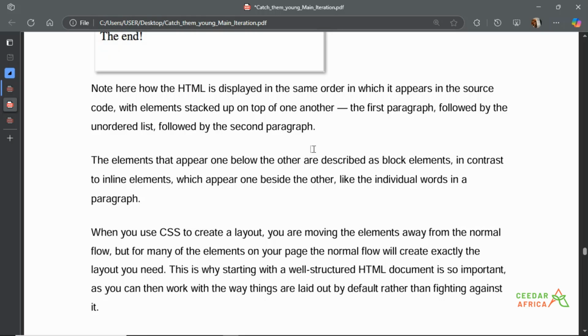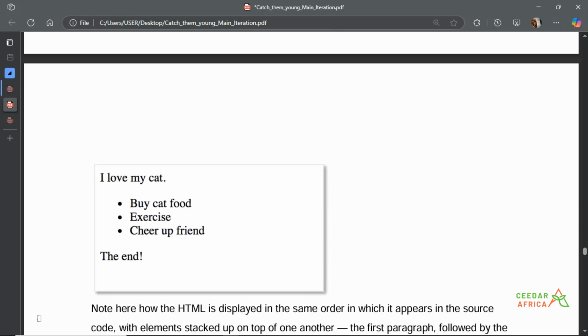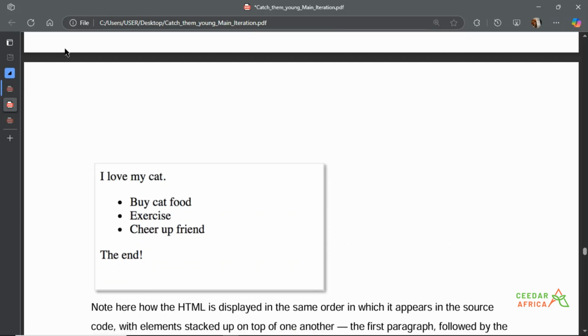So I've explained inline and block severally. I don't think we need to go over this again. When you use CSS to create layout, you are moving the elements away from the normal flow. So you're basically saying, nah, I don't like the way this normal flow is. I want to have probably